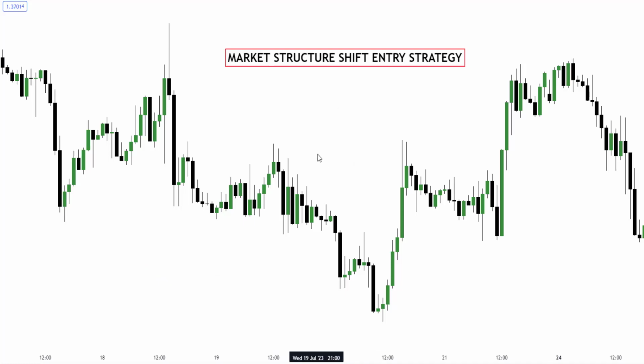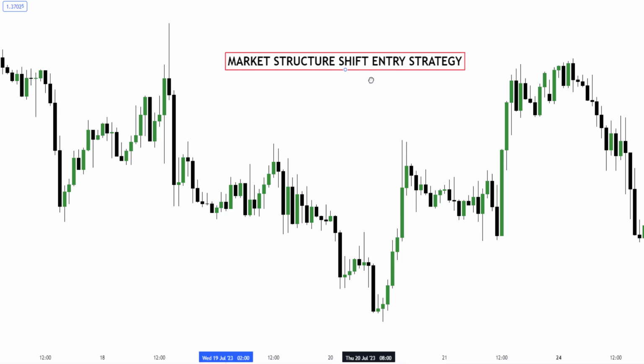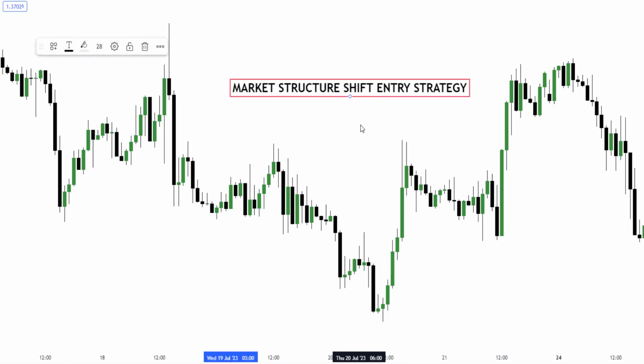So today's video is about entry, and this is the first type of entry you need to know as a beginner so you can get the best out of the ICT knowledge I'm about to share with you. Everything I'm going to show you is basically what I've taught you before about ICT concepts. It is the simplest entry model. It is called institutional swing points, and that's basically using the ICT breaker block and the ICT mitigation block for